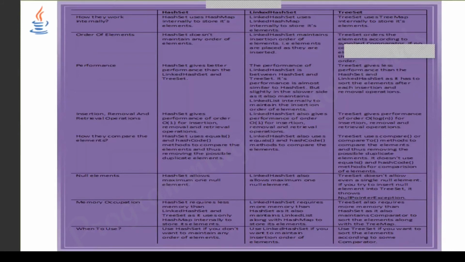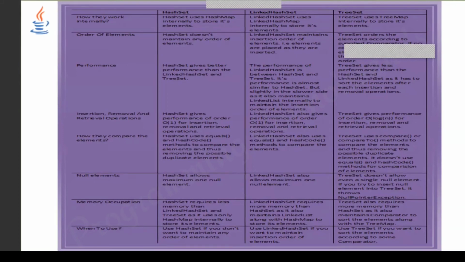Compared to linked hash set and tree set, hash set performance is better, but when you want some ordering to be done, we should go to linked hash set and tree set. On null elements, one null element is allowed in hash set, and here also one null element is allowed. In tree set, no null element is allowed.